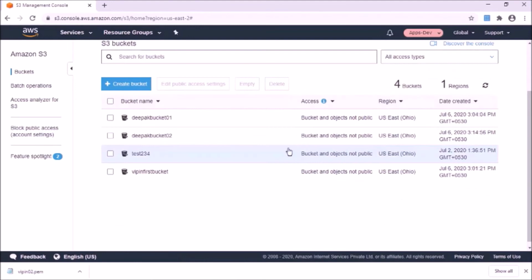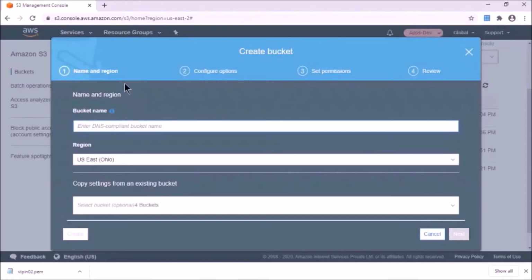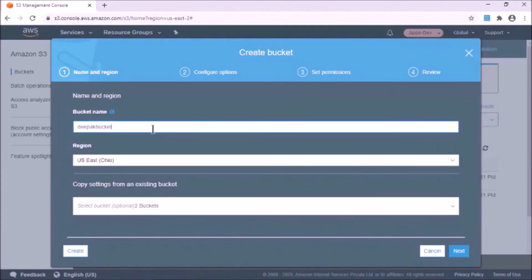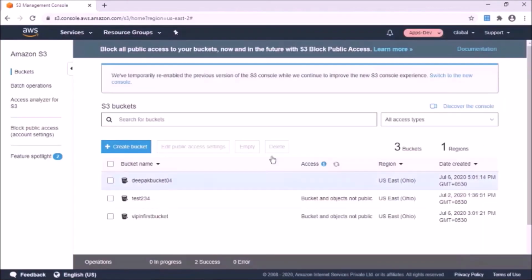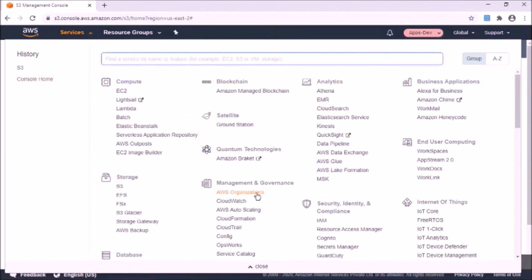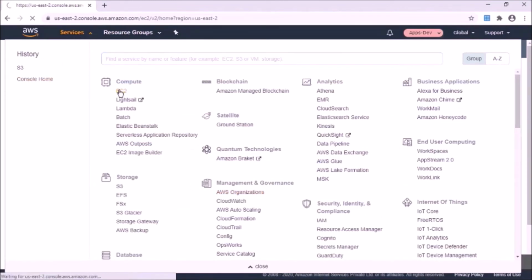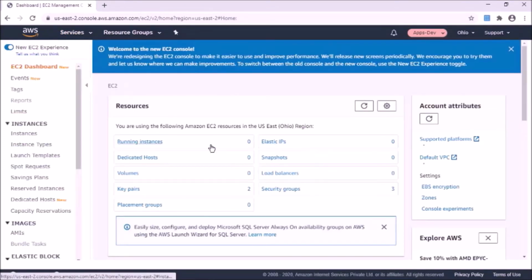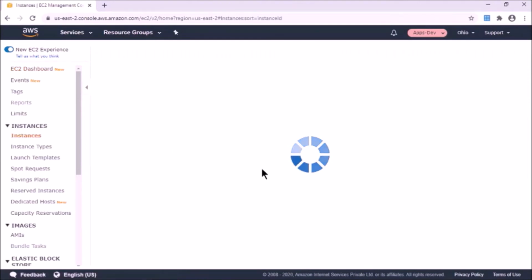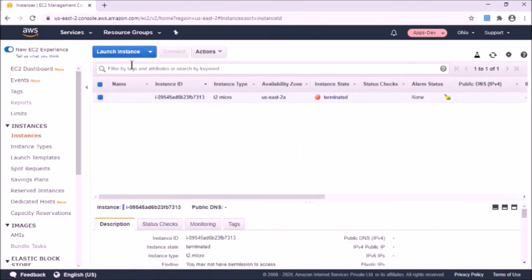So Deepak is able to see all the buckets. And now let's see if he is able to create the bucket. And he is able to create the bucket. Let's check the access for Deepak on EC2 instance. Let's try to launch an instance.